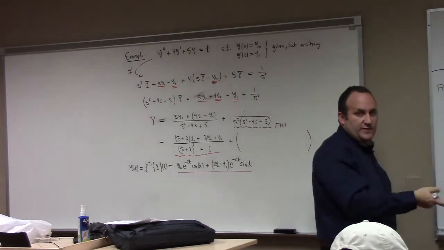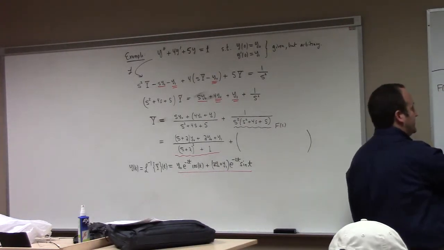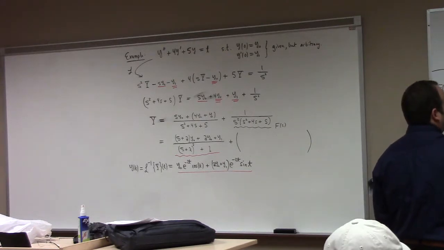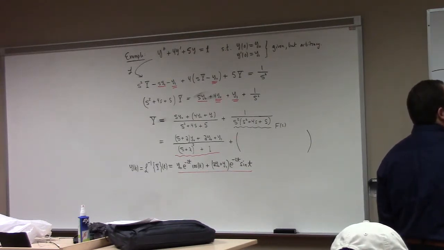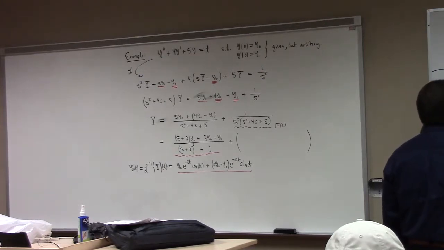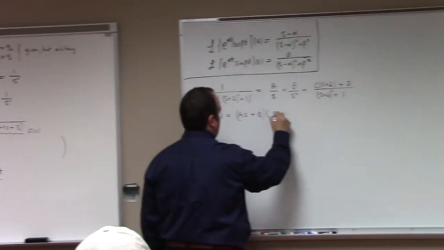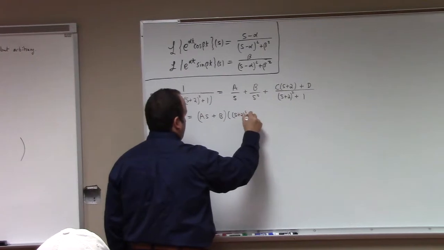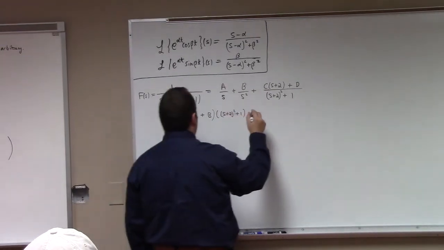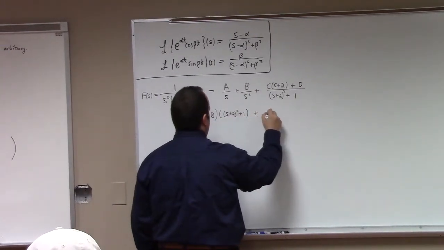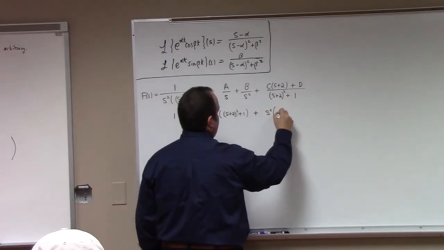And then we do the usual song and dance, multiply both sides by the denominator. What's that give us? We get as plus b times s squared plus 4s, oh fine, s plus 2 quantity squared plus 1. Then we've got plus s squared times,